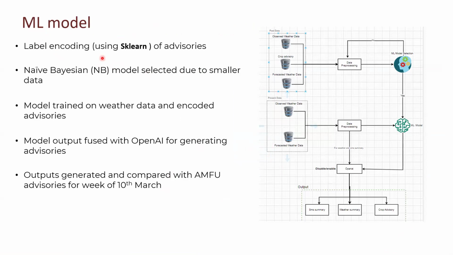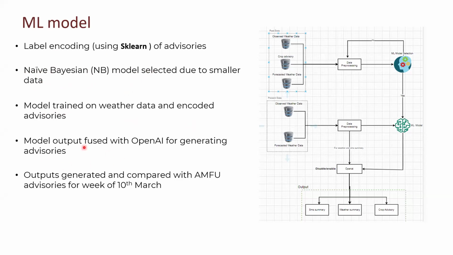so that you take a text and convert that into some kind of a number, which a model can then be trained on. Because between 2019 and 2023, advisories were issued twice a week. So cumulatively, we didn't have a lot of data to train that model on. So when you have a limited number of data sets, the best machine learning model that you could use is something called a naive-Bayesian classifier model. So we used that model, we trained the